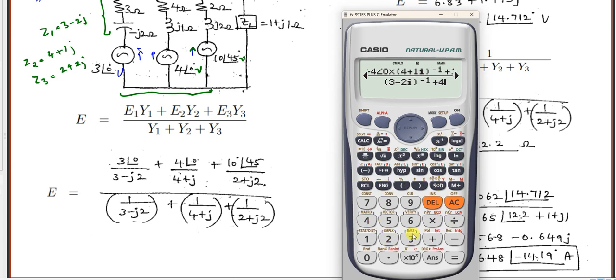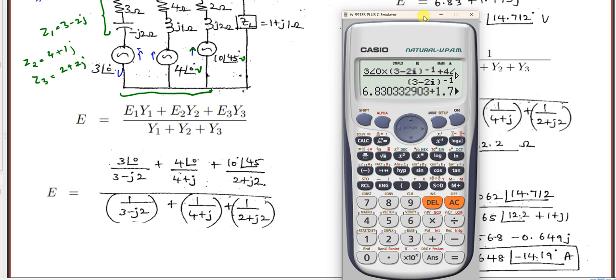So I'm using 3 minus 2j, where j means i, inverse, plus 4 plus 1i. This is missing a bracket. If the bracket is missing, for 4 plus 1i you have to write a bracket, only this part inverse, plus 2 plus 2j inverse, 2 plus 2i whole bracket inverse. Now this answer you should get